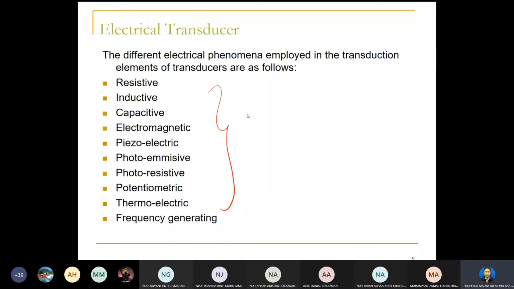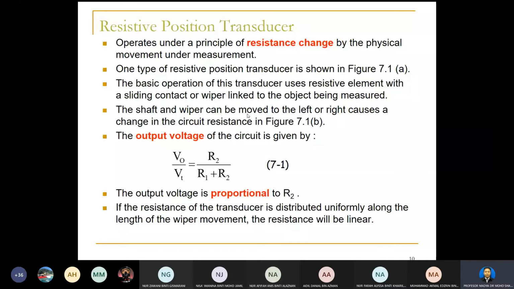Alright, so next we go to the resistive position transducer, an electrical transducer. It operates under the principle of resistance change caused by the physical movement under measurement. One type of resistive position transducer is shown in figure 7.1, which I will show after this. The basic operation uses a resistor element with a sliding contact or wiper linked to the object being measured. The shaft and wiper can be moved to the left or right,